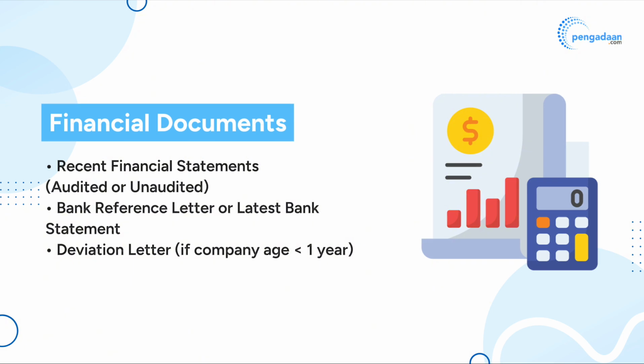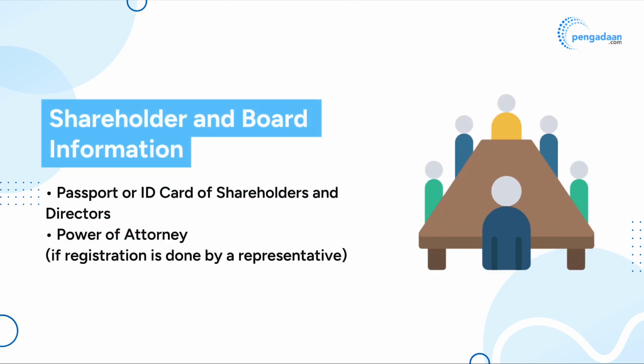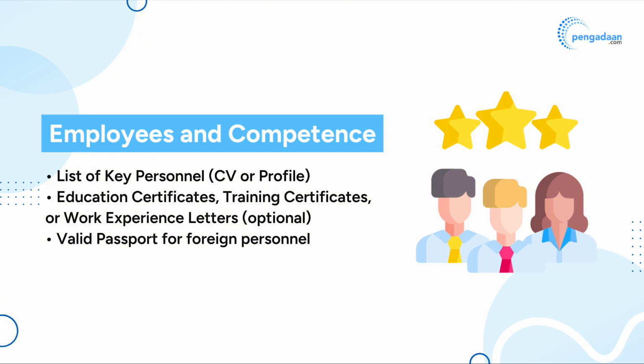less than 1 year. Taxation: valid tax ID document, annual tax declaration, if available, proof of tax registration or taxable business certificate. Shareholder and board information: passport or ID card of shareholders and directors, power of attorney, if registration is done by a representative. Employees and competence: list of key personnel, CV or profile, education certificates, training certificates, or work